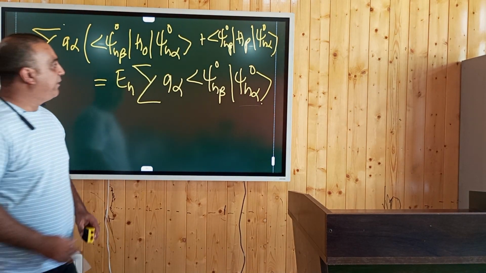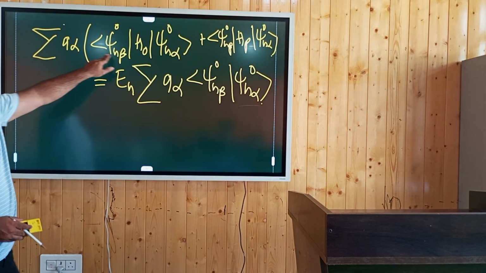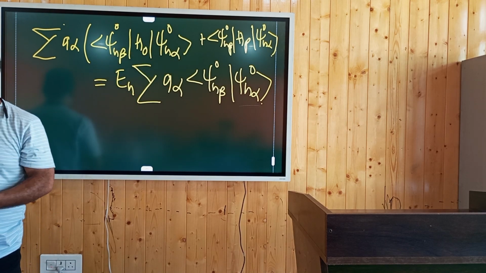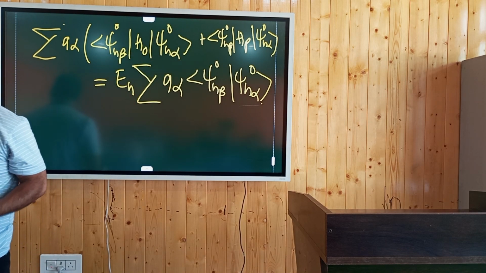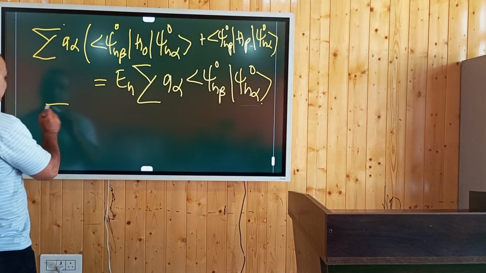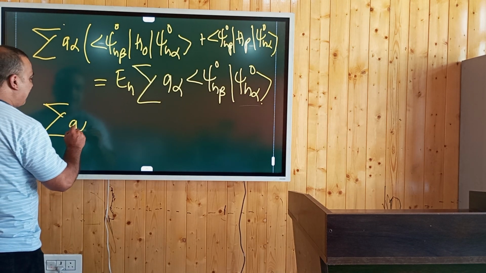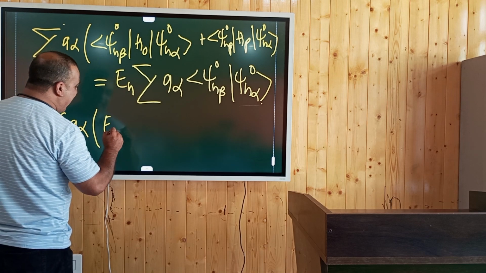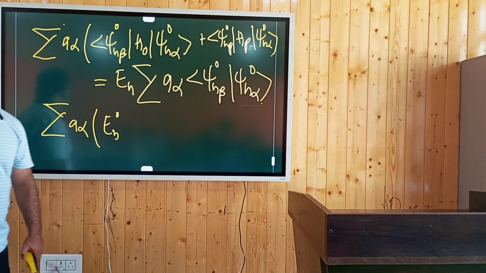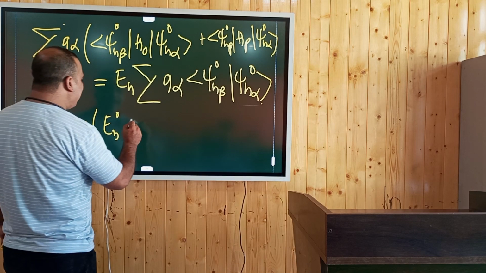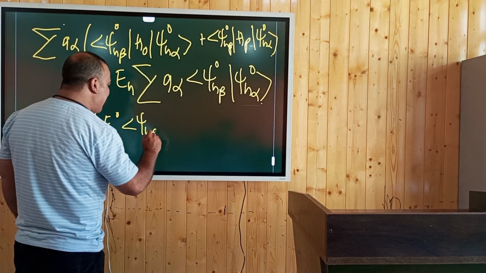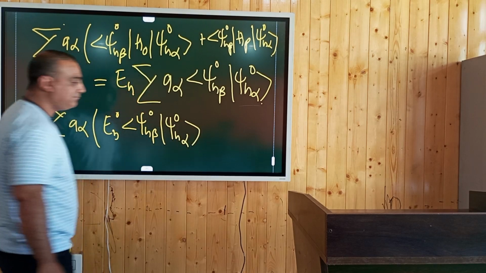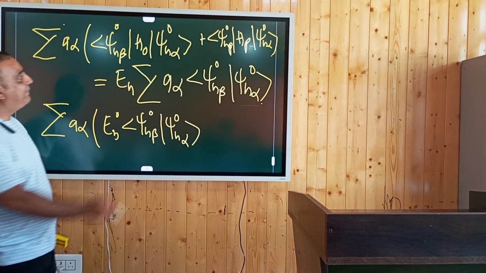Clear? Okay, fine. Now for this, what can I do? I can get this H⁰ out because I will use the energy eigenvalue equation, right? So what will be the next step? It will be the sum of A_α. Okay, here you will have E_β⁰ out. Okay, what will be inside? ψ_β⁰ ψ_α⁰. Clear? Okay, then plus,